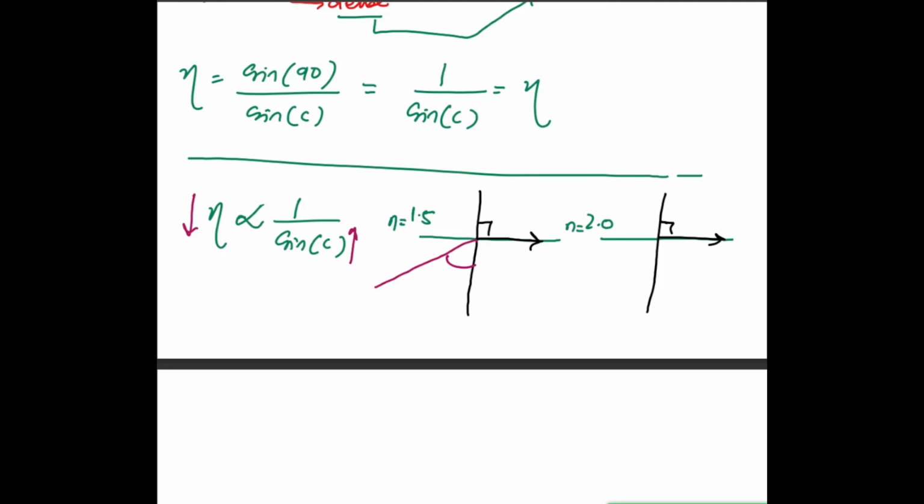So let's say, for the sake of example, if this is 40 degrees, this might come out as 25 degrees. So if you increase the refractive index, the critical angle's value falls. This is just a comparison for an MCQ trick. Otherwise, there's nothing more to it. Okay. All right. So that is all for